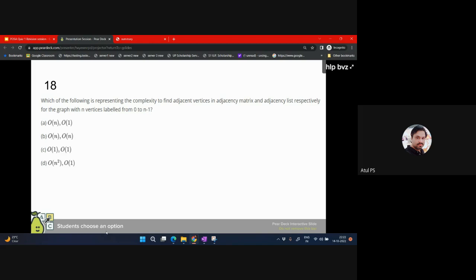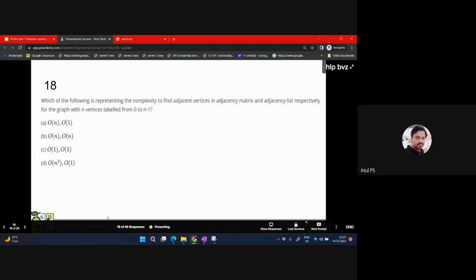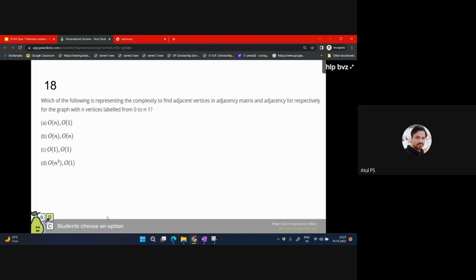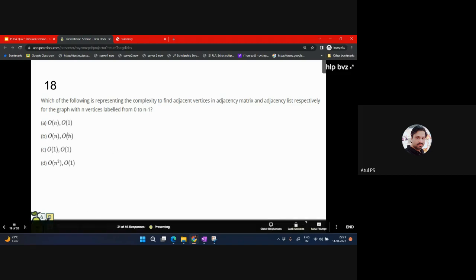I think this word is missing in the statement: adjacent vertices of any node. For the matrix it's O(n) for sure, but for the adjacency list, I think you have already used these neighbor algorithms. For the list it will be O(1). Generally we implement the list using a dictionary, and we generally create the matrix with a nested list